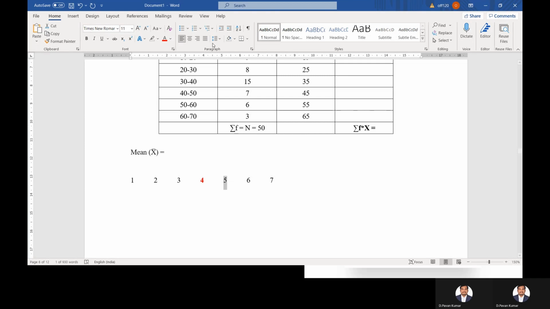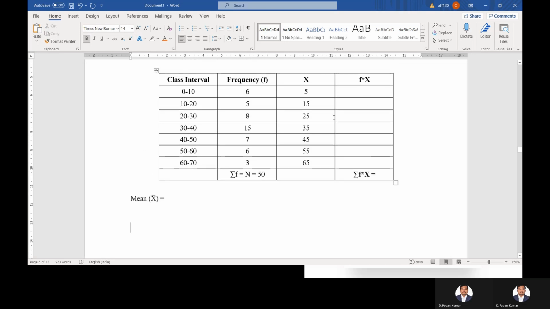Okay, now instead of 4, let me consider the value as 5 for some time. As my condition, I am saying that instead of 4, why should I always consider the x value as the middle value? Why not the other value? Now see, the difference from 1 to 5 is 4, but from 5 to 7 is only 2. That means this is not going to satisfy the characteristic which the middle value has. That is how we take the middle values as the x values when class intervals are given to us.